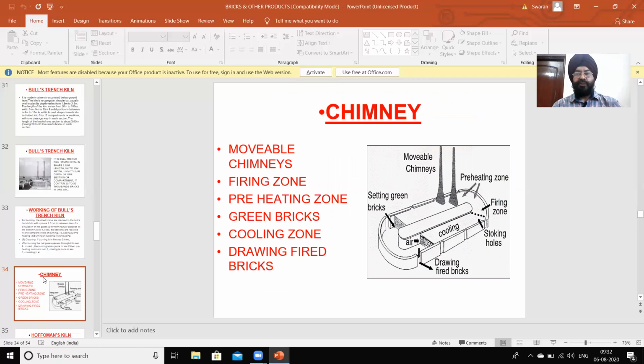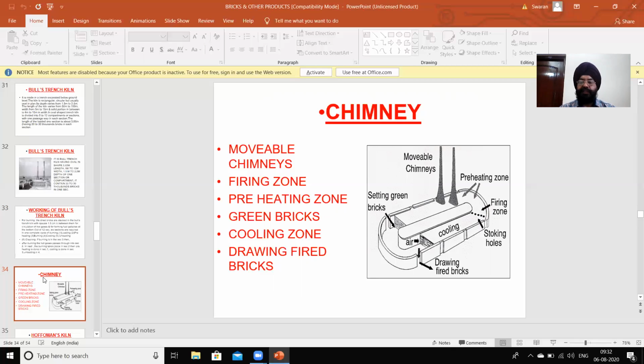So this is showing the plan and elevation section of the kiln and chimneys. The chimneys are movable to where the burning is being done. After completion of burning in that section, it is further transferred to the next section, the preheating section. So they are shifted from one section to another section.